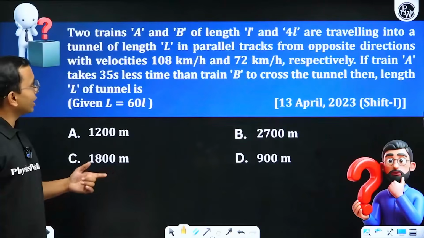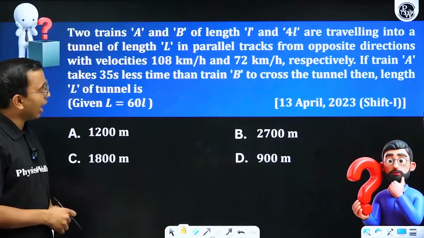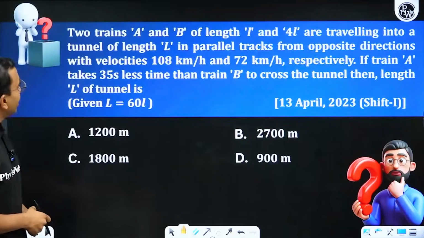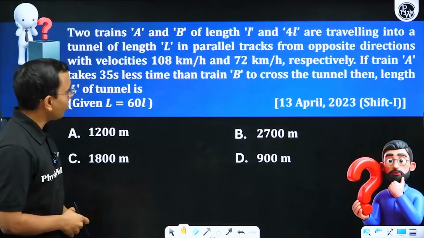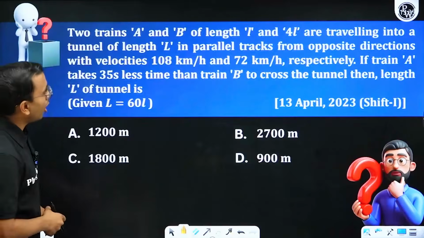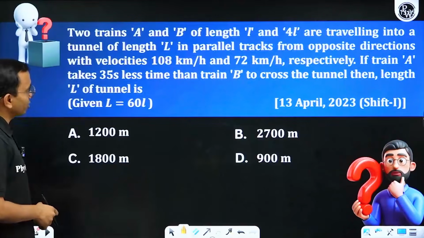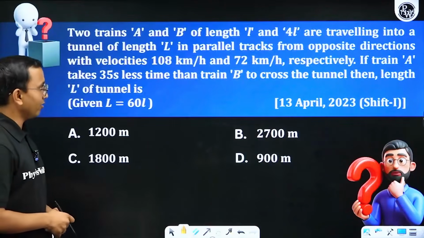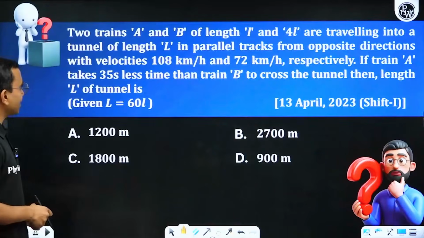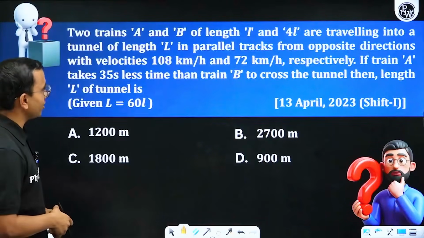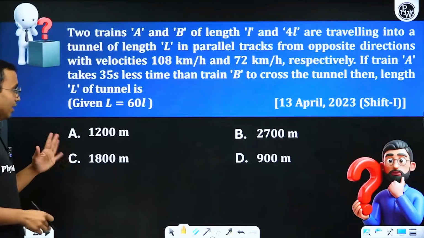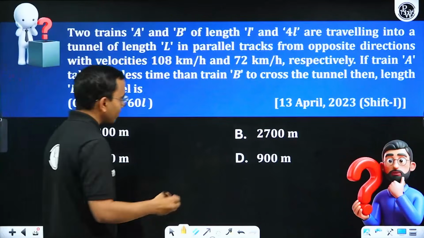Another question. Two trains A and B of length l and 4l are traveling into a tunnel of length L in parallel tracks from opposite directions with velocity 108 and 72 respectively. If train A takes 35 seconds less time than train B to cross the tunnel, the length of the tunnel L is. Okay, let us take,